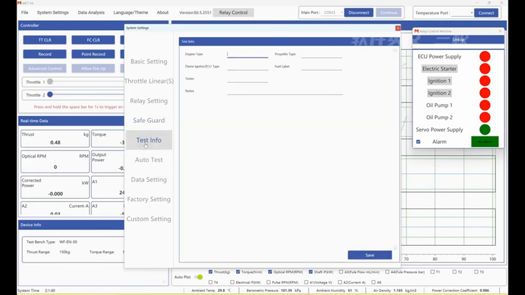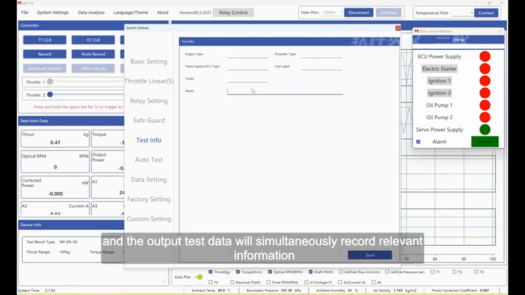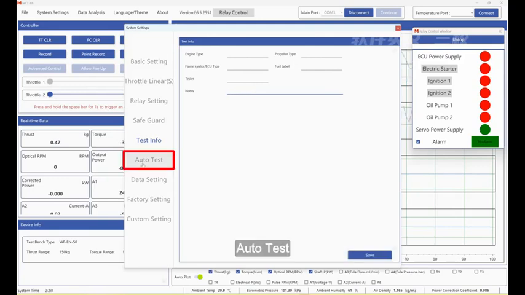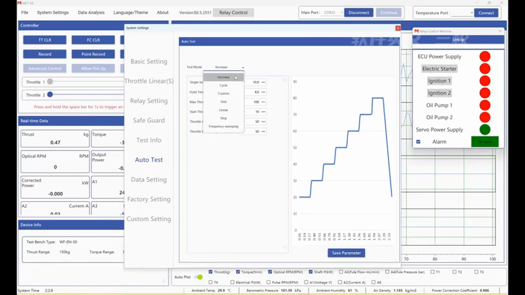Test info. The test info includes engine model, propeller model, drive model, tester and other information that needs to be noted. Users can choose to fill in according to the test situation, and the output test data will simultaneously record relevant information. Auto test. The auto test includes 7 test modes: increase, cycle,